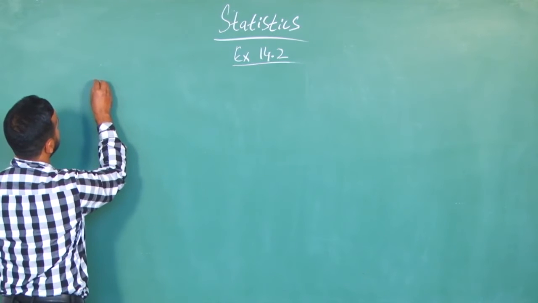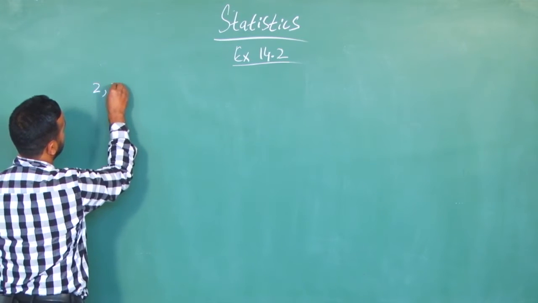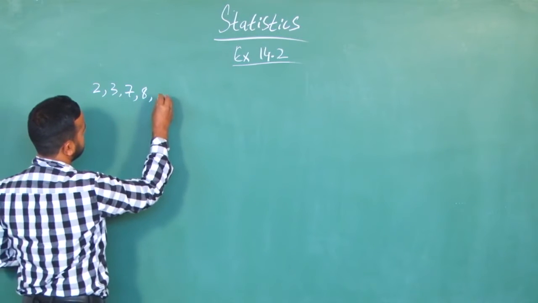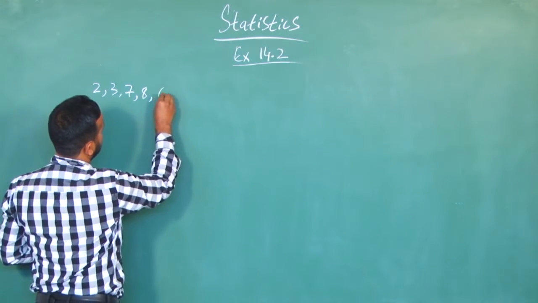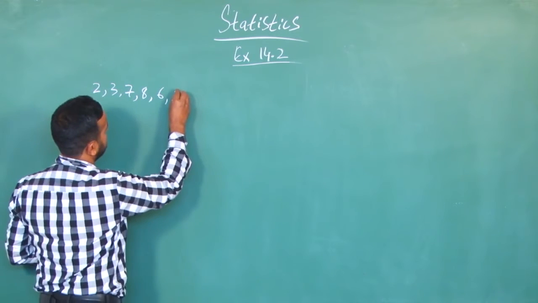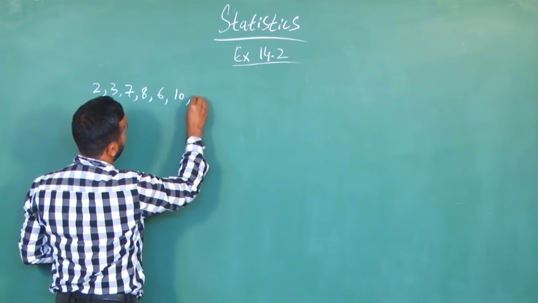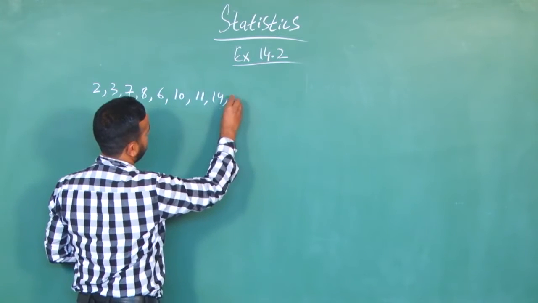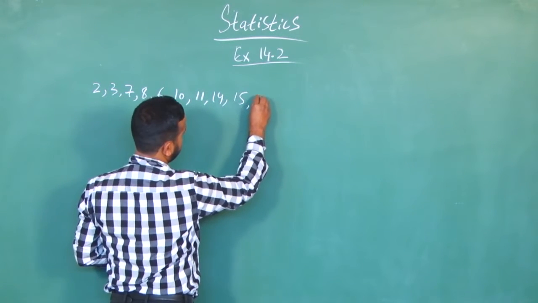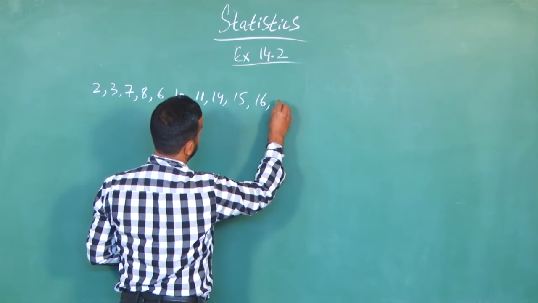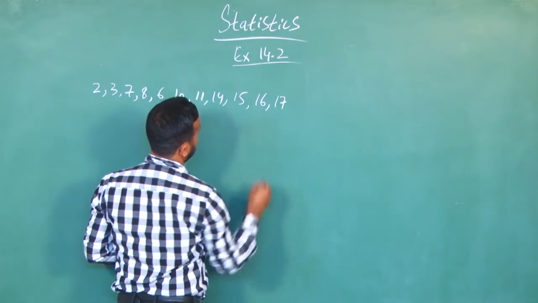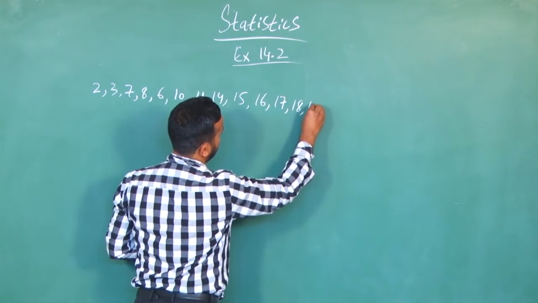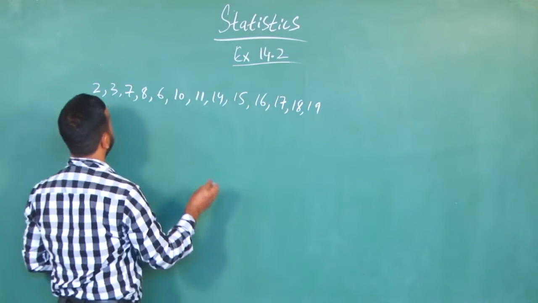Here, let us suppose the distance is 2, 3, 7, 8, 6, 10, 11, 14, 15, 16, 17, 18, 19,